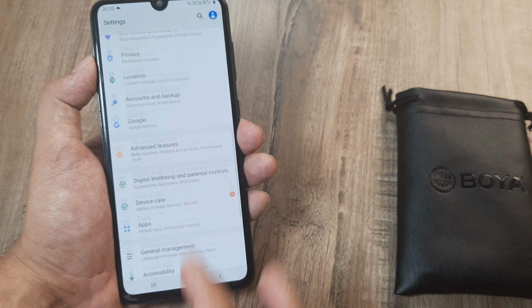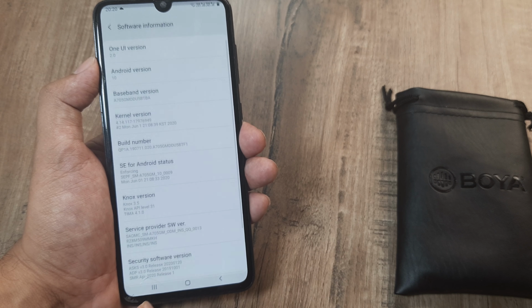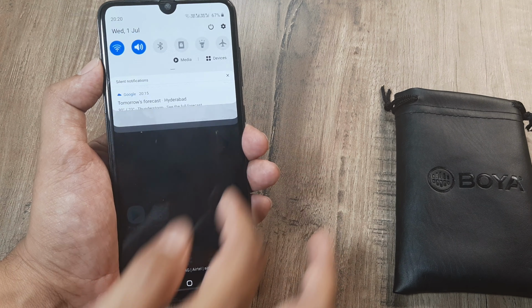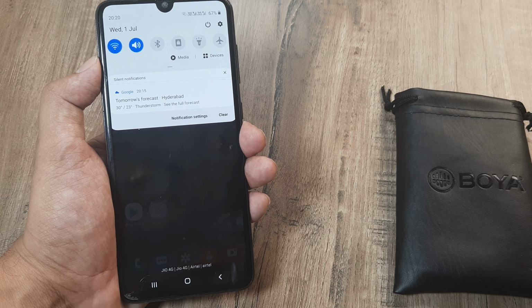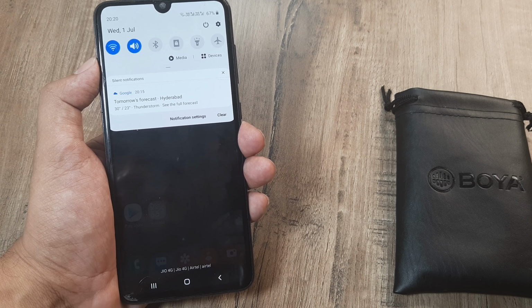Now I am running Android 10 on a Galaxy A70 and I just want to show it to you. So this is the Android version. Now, if you are aware of this issue, you keep on getting notification alerts and you feel your life has become hell, you want to throw the phone away, you want to bang it on the wall. I mean, all types of crazy things, because I've received comments like that. So how do you go about solving things?